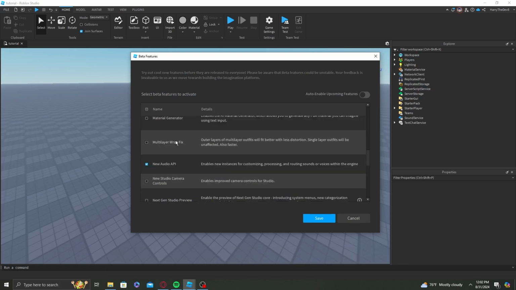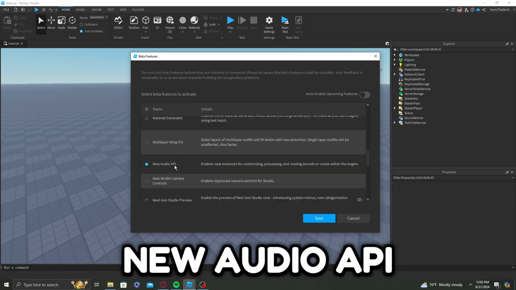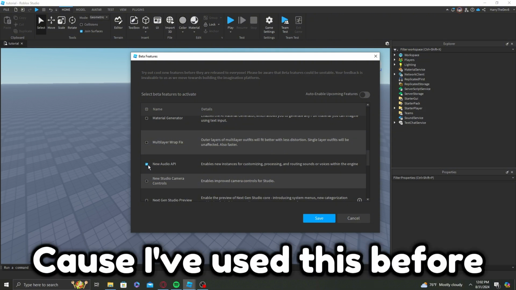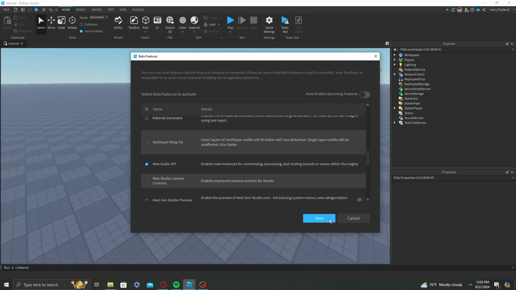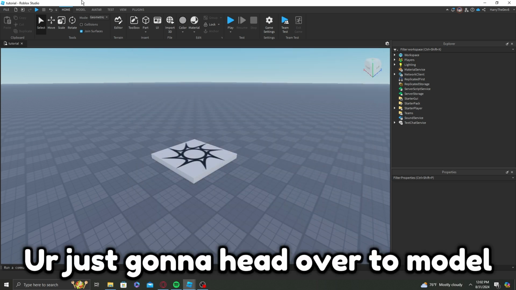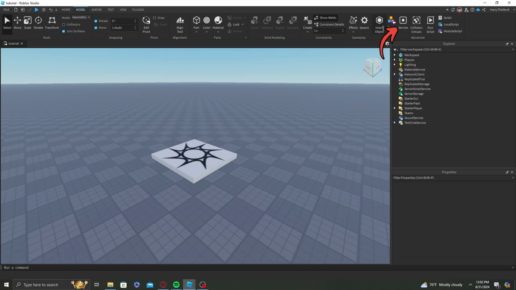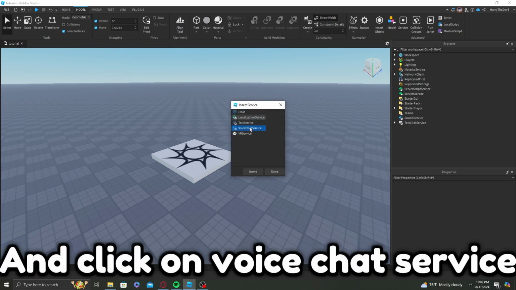you see the beta feature called New Audio API. For me, it's already on because I've used this before, but if it looks like that, just click it and make sure there's a blue check. Then click Save. After that, you're just gonna head over to Model, then Service, and click on Voice Chat Service,